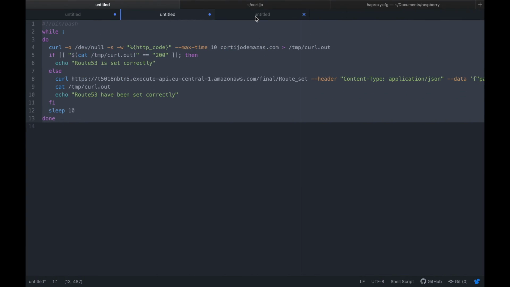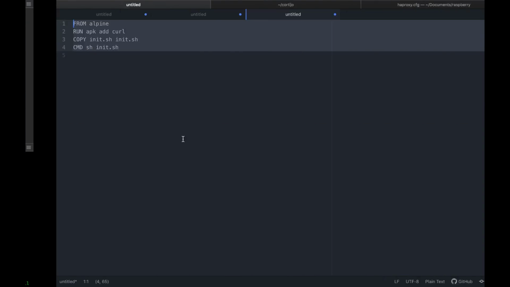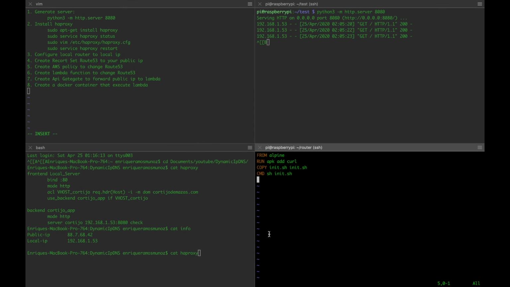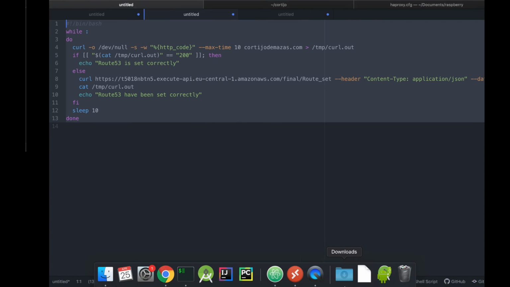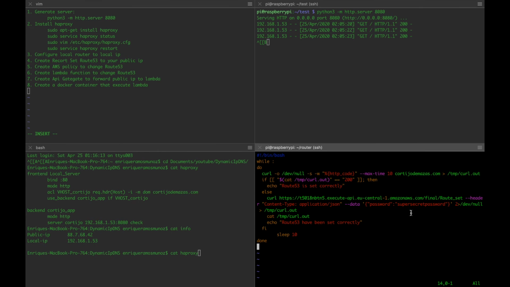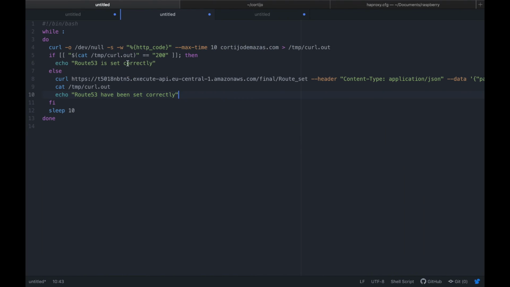The content of this Dockerfile is just Alpine. We install curl, we copy one init file, and we execute this init file. We also need this init file, so we will copy it from here. I already created it. So what this does is